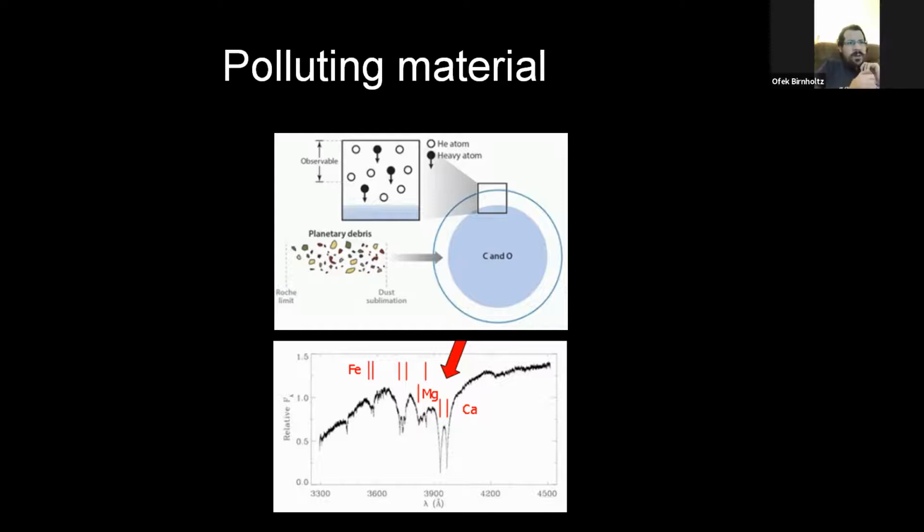So these lines that you see are lines from higher ionization levels? Yeah, for example, this is a famous calcium-2 line. So it's basically an ion of calcium. Okay, calcium ionized ones, of course.